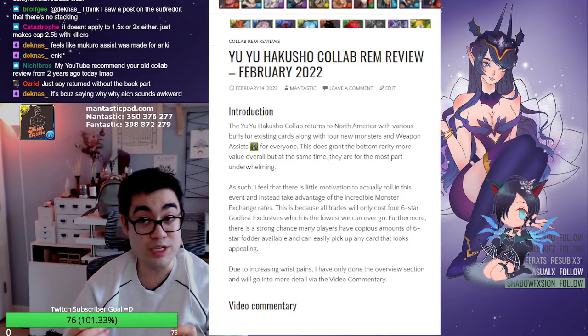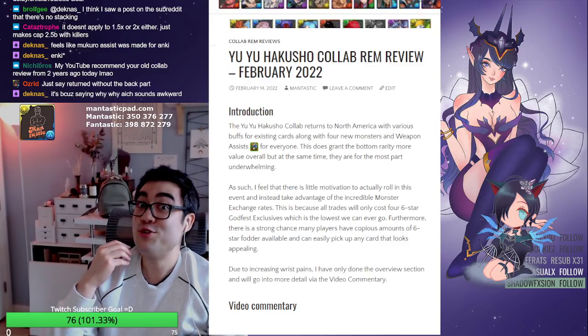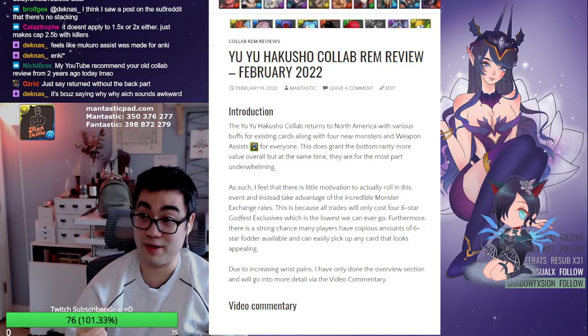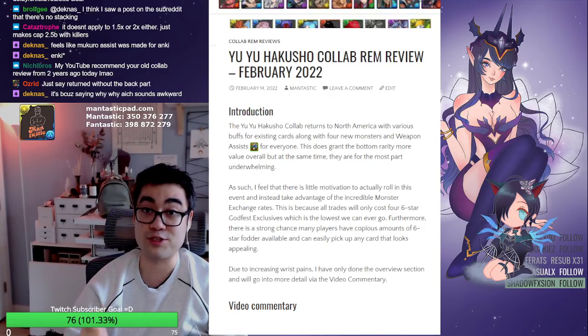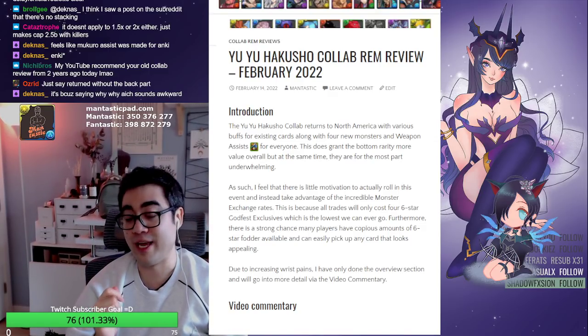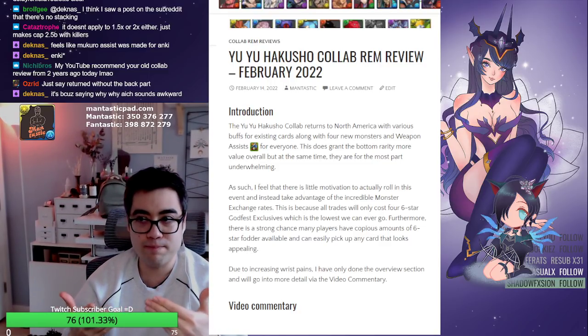when the YYH collab was released for the very first time, it was also the first event to actually feature the Monster Exchange system. And because of the Monster Exchange system, the vast majority of players who were capable of doing so traded 4 6-star Godfest exclusives for Yusuke. And then you suddenly had what was arguably the best leader in the game for at least a modest period